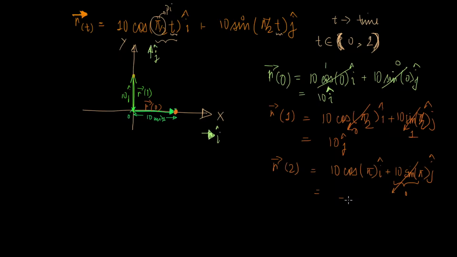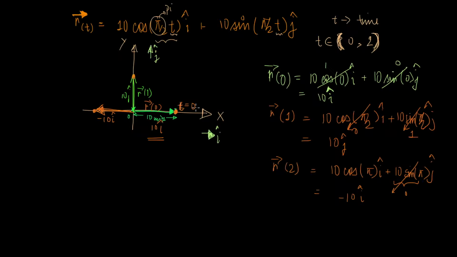So your answer becomes negative 10 times i cap. The body now goes from here to here, which is 10 units from the origin but in the negative x direction, and hence the vector is negative 10 i cap. So there you have it: 10 i cap in the positive direction is your initial point at time equal to